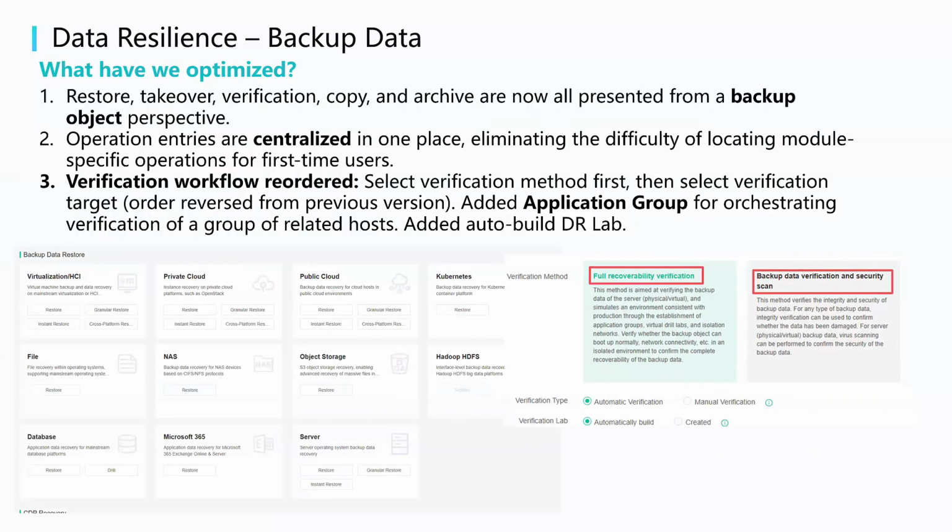The restore, takeover, verification, copy, and archive are now all presented from the backup object perspective. And operation entries are centralized in one place, eliminating the difficulty of locating module-specific operations for first-time users. And for verification workflow recorded,